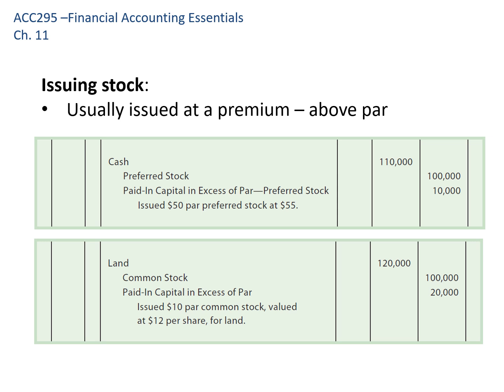So in the first entry there, we issue preferred stock for $55, and it has a $50 par per share. So we receive $110,000, right? Somebody pays us that much in return for these shares. We're always going to credit the stock account, the preferred stock or common stock, which has a normal credit balance. We're always going to credit that at par. So the entries to those accounts will always be at par value.